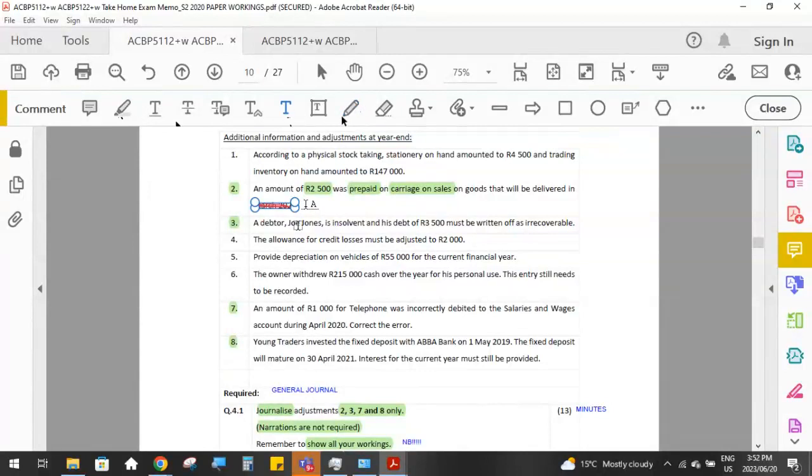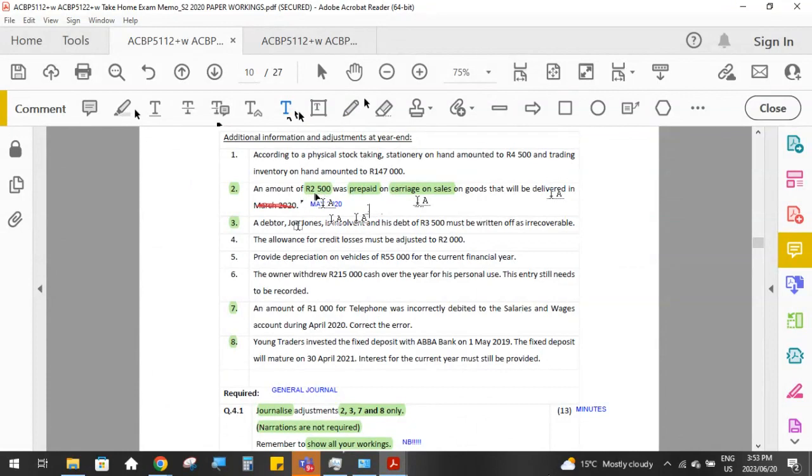So this can't be March 2020. This must be April, this must be May 2020. Okay, the goods will be delivered next month. And we've already paid the carriage, but the sale and the expense is actually only going to be incurred in May. So that means that this 2,500 cost or expense is already sitting in my books, in my trial balance,